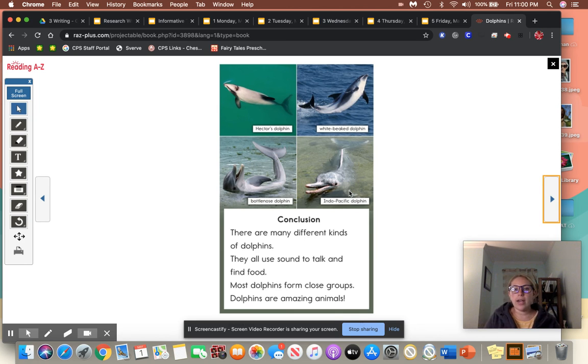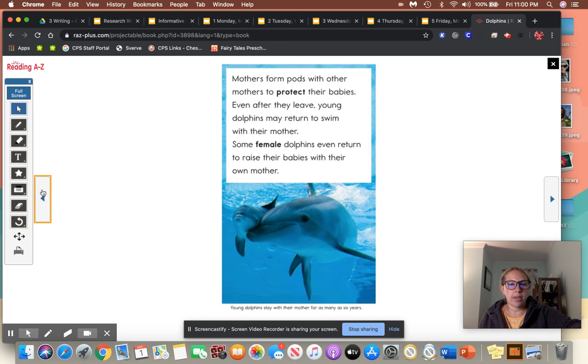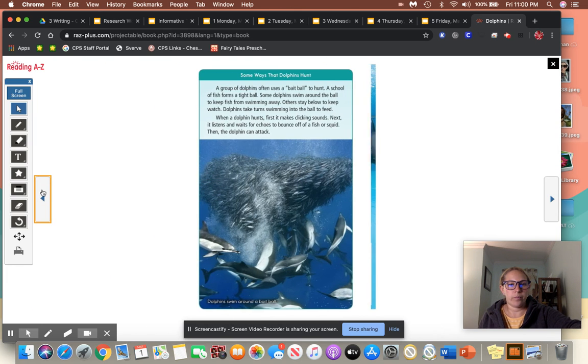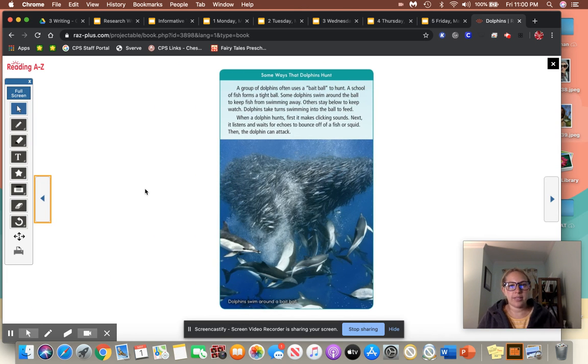And now I need to pick one idea. Let's see. Do you remember what dolphins eat? Let's go back to that page. Remember here it was. They use a bait ball. So I'm going to write about what they eat. And I'm going to introduce that by saying